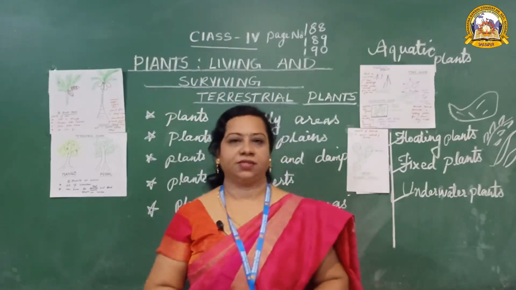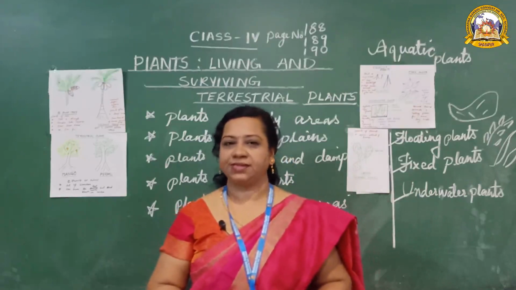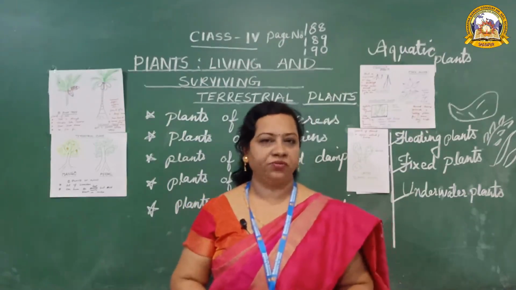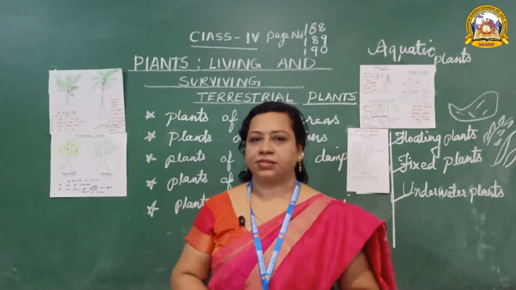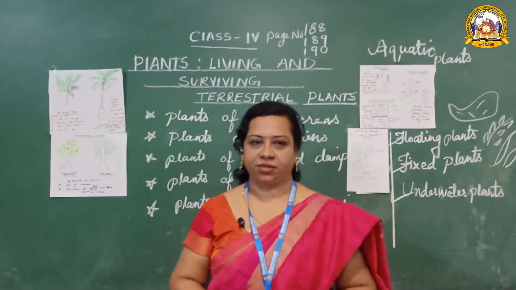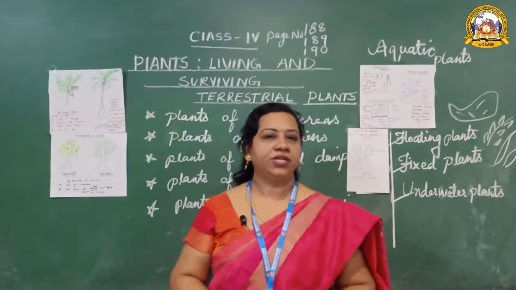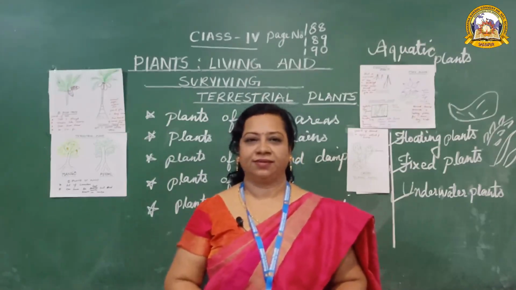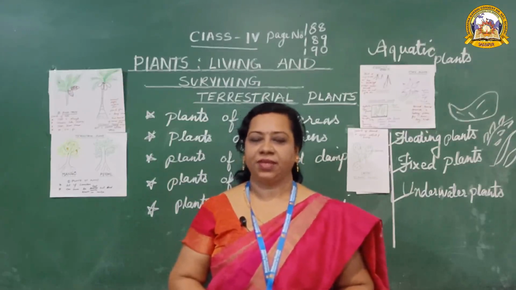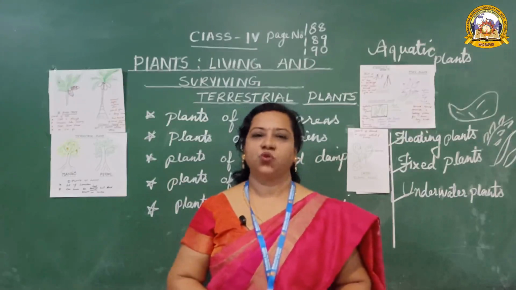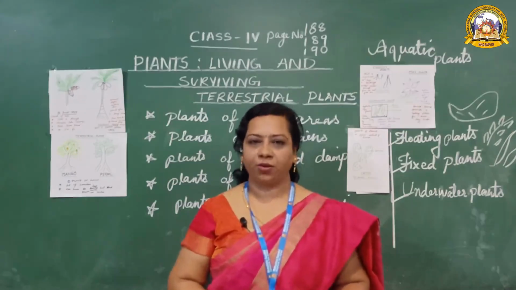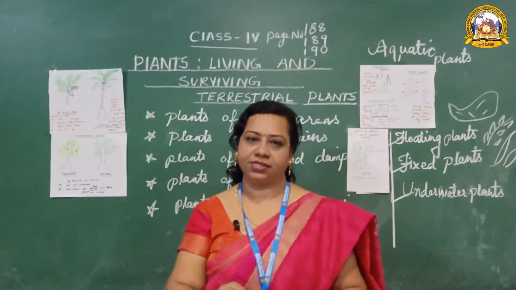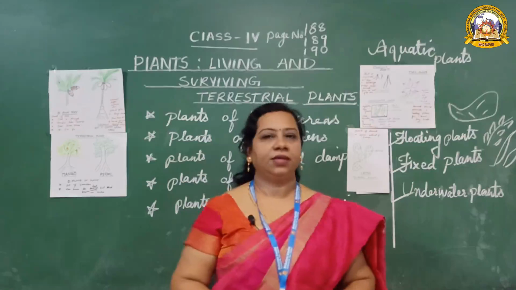Next one is deserts. So what is the special feature of the desert? Do you remember? In the previous lesson also I told you, in third class also we learned. Yes, there is a crisis of water. Their trees have no leaves. Then how can they survive without the leaves? Think. Because the special feature of a leaf is to make food with the help of air, water and sunlight. Yes, so dear children, these plants can survive with the stem.